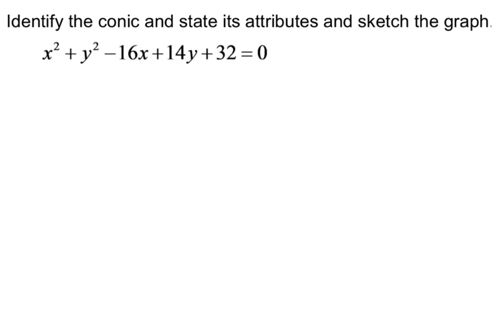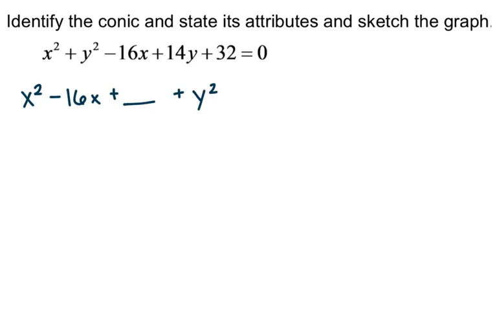So we've identified that it is a circle for sure because of all of those attributes. Let's put this into standard form. In order to do this, we have 2 squared terms, so I'm going to need to complete the square